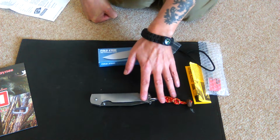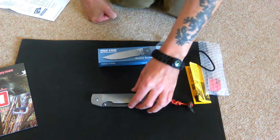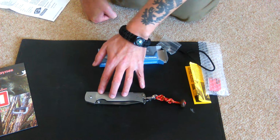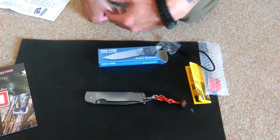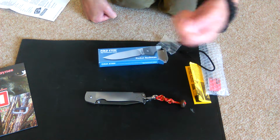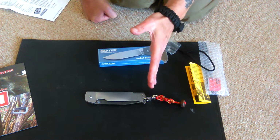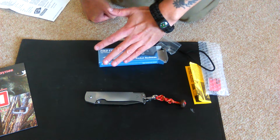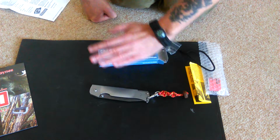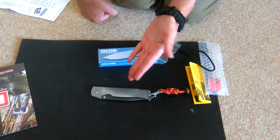And what I've done is I've given it a really thorough workout for over 2 weeks, and I literally went out of my way to use this every single day, from working on the allotment where I might be cutting wood, opening plastic bags, cutting tape on parcels, opening up boxes, cutting down very thick cardboard boxes, cutting wood. I even had a go at throwing the knife against an old door, throwing it quite a long distance into old straw bales,